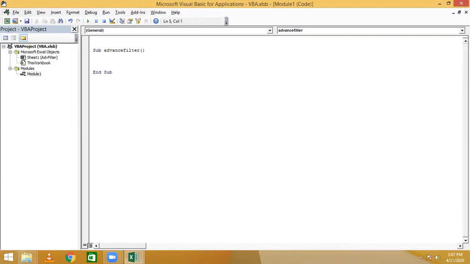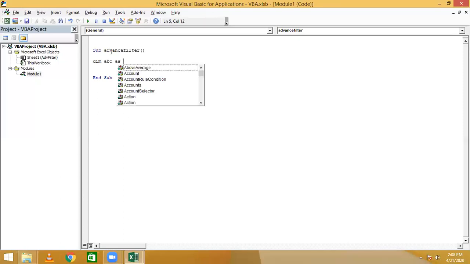Enter. Now we will define the variables. We define variables using Dim. Dim means dimension. A variable means you are assigning some name to something. So we will use ABC, for example, as Worksheet.